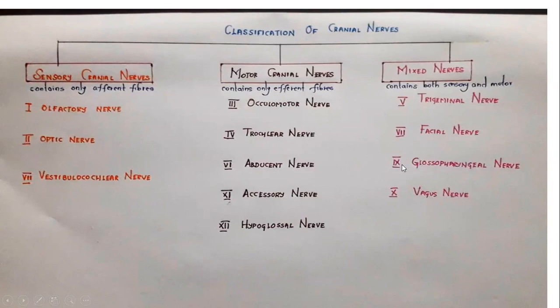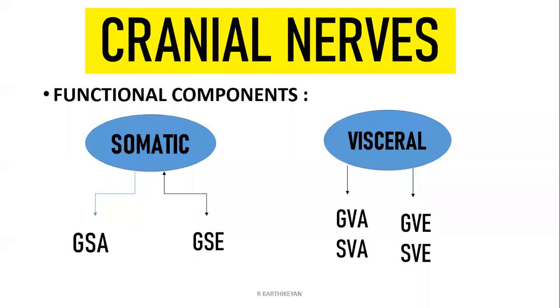So glossopharyngeal you would have already seen in the tongue, if you remember, and in the facial nerve we have also seen one part, if you remember, chorda tympani, and then trigeminal and vagus nerve. So 1, 2, 8 are sensory, and 5, 7, 9, 10 are going to be mixed nerves. You need not remember everything, just remember these two, 1, 2, 8 and 5, 7, 9, 10. Okay, so this is the classification of cranial nerves based on the type of nerve fibers they carry.